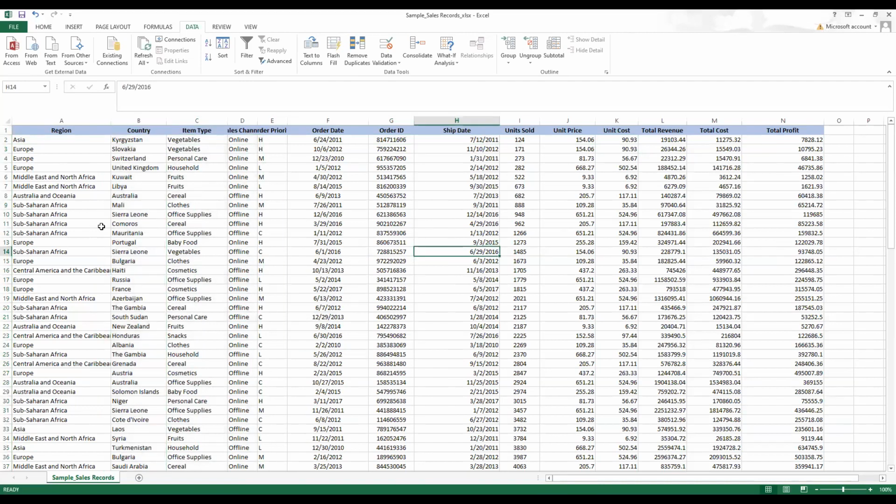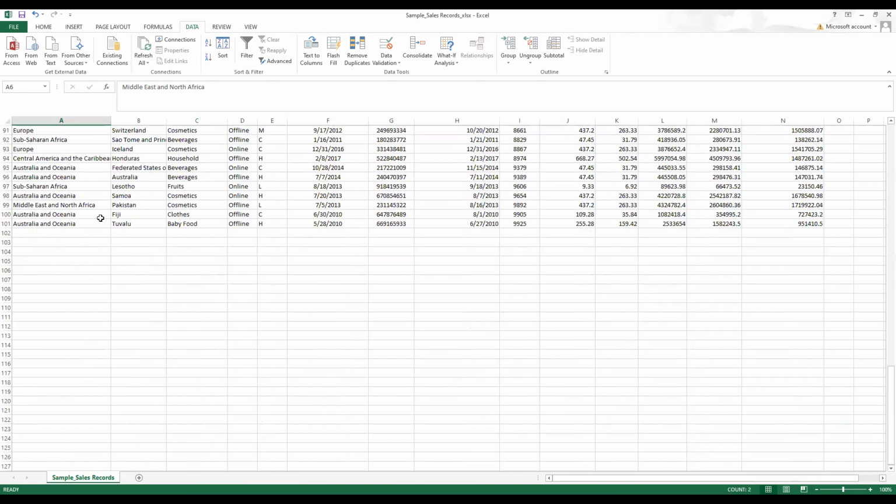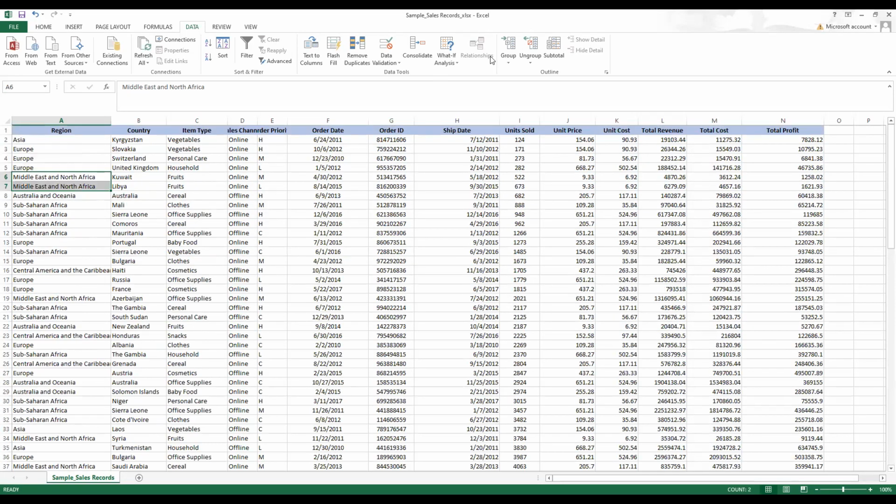So when you talk about this data set or this collected database, here we have region, country, item types, and so on as attributes, and the records. We have the Asia records, three records for European regions, two records for the Middle East region, and so forth. So you can categorize it, but as we have categorized on units sold, this is a bit disturbed.